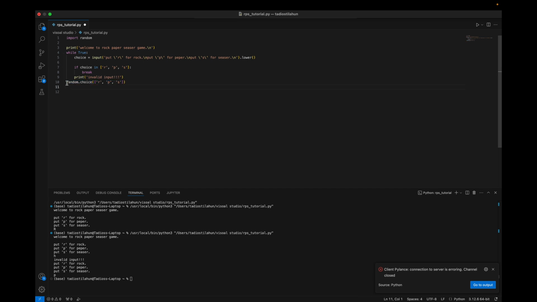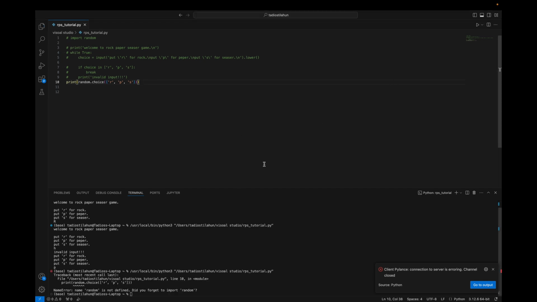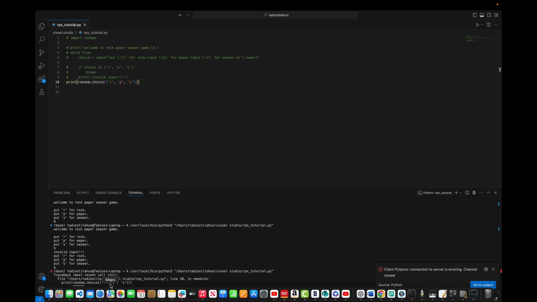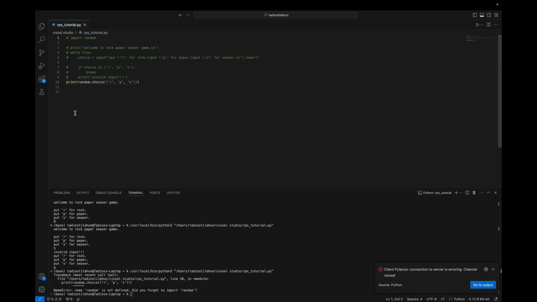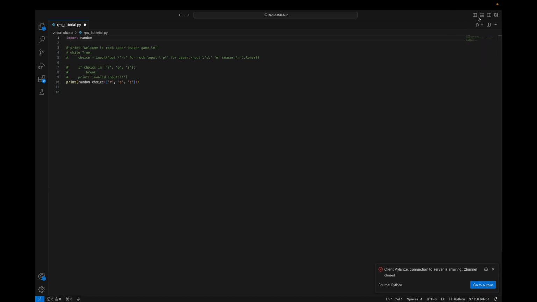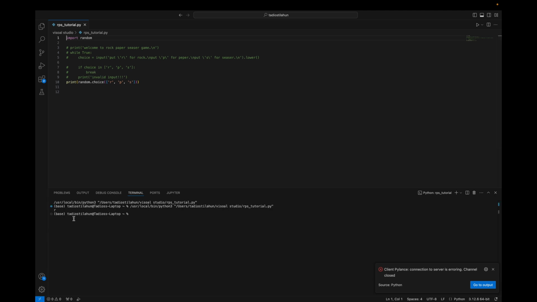And if you want to print this out, we can say print, and it will print out what the computer's choice is. And I will comment out those lines of code for now, and I will run this one. Okay, I have an error here. Okay, my bad. I also commented out the library import, because if it is not imported, it does not recognize the library. So I run. Okay, you see,